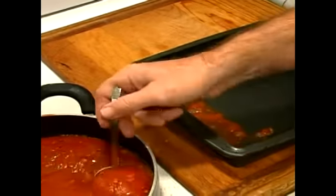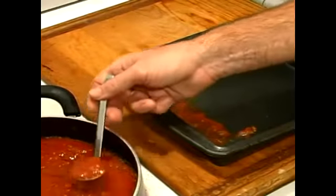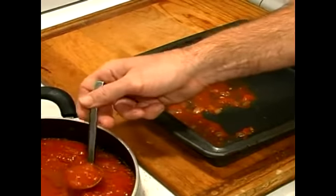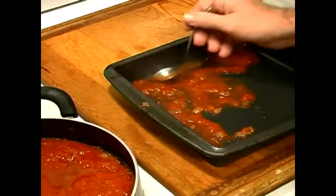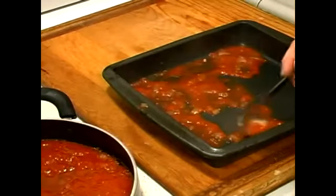So just go ahead and take your time and roll that around onto the bottom. If you're in a real hurry, you could pour this in and just move it around, but hey, this is a labor of love here, so if you've got the time, why don't you just go ahead and do it. We're going to have plenty of sauce for the other layers,